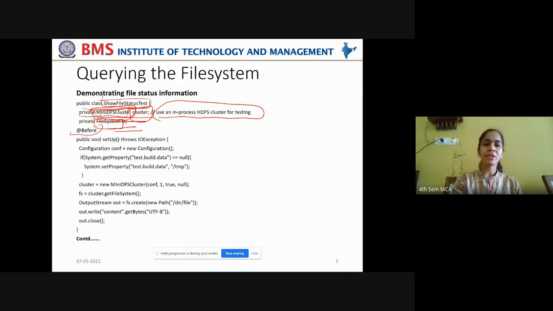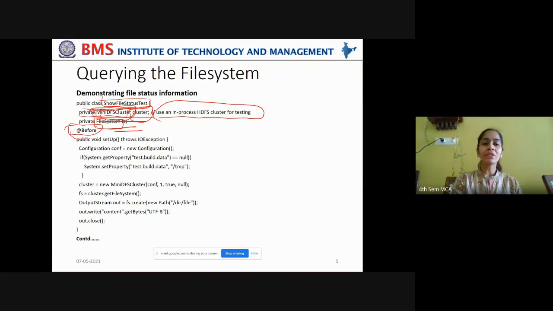Now start with annotations. These are not compulsory. We just add annotations to understand the purpose of the block that follows that annotation. It is like metadata. Annotations are like metadata which help you provide extra information about what statements you have added to the Java code or to the Java class, and for what purpose you are adding it, or what is the precedence of their execution. That kind of information can be added through annotations.